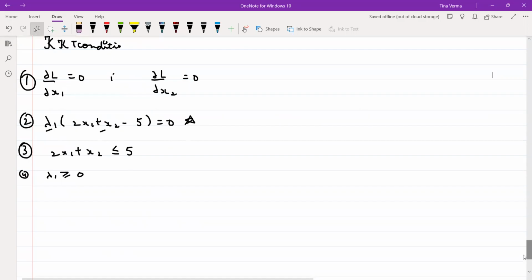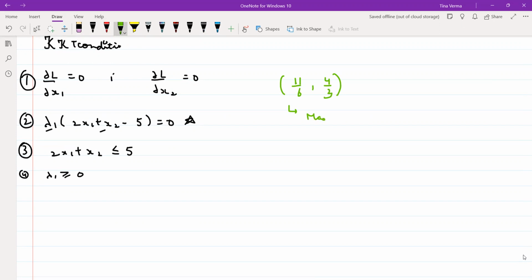So the same way you will get over here 2 points. One will not satisfy your condition and the 1 point which will satisfy your condition, if you solve, you will get x1 as 11 by 6 and x2 as 4 by 3. This is the question of the last year exam. So this you can solve and the maximum value will be 91 by 6. So this is your optimal solution. You can verify this, right? And the same, if you have two constraints, you can also solve that question.